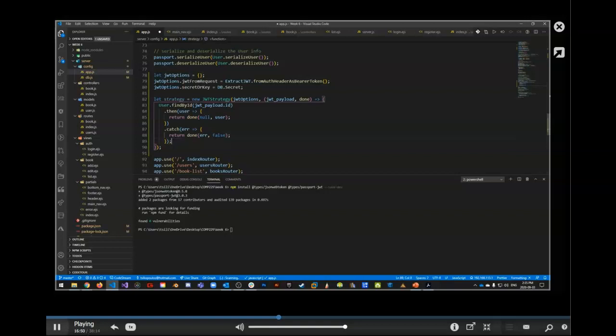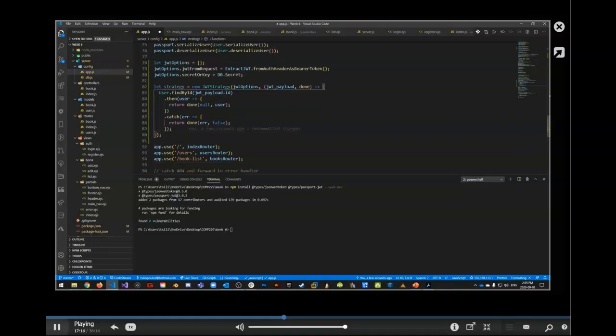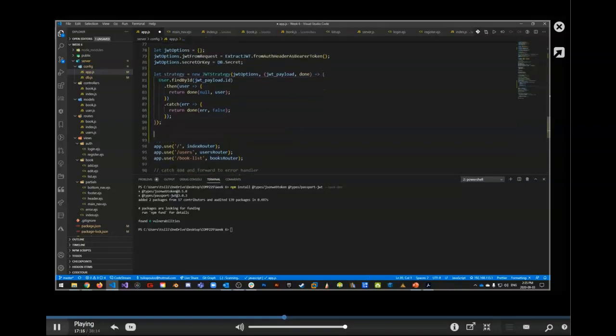So this strategy, we've just set up a strategy for how to get the token, compare it, get the user, and then once we get the user, we want to find the user by the token ID. And once we've done that, we're going to return yes, the user is found or not. Okay, so this is the main thing here. And then finally, before we do anything else, we're going to say